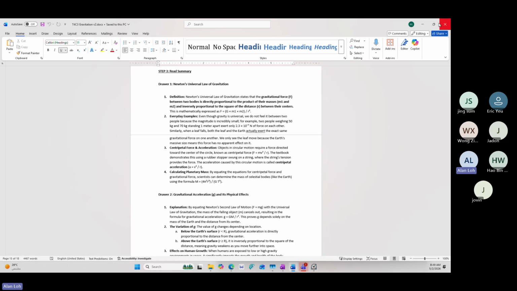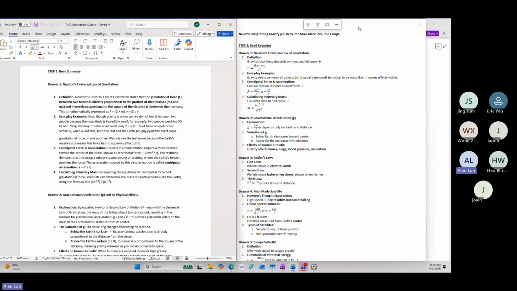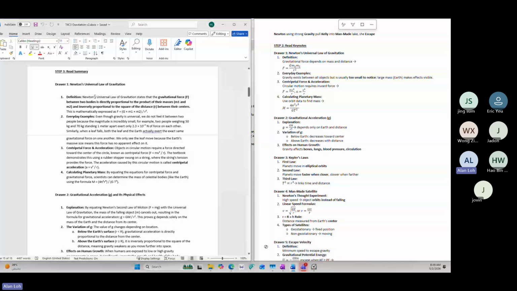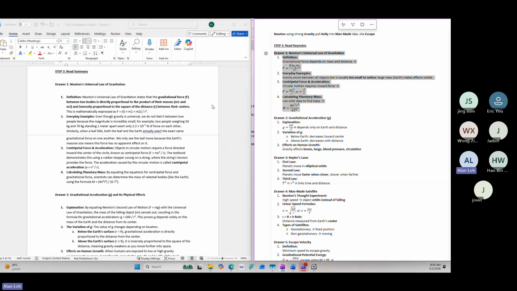So how am I going to adjust this? I'm going to adjust it into a left and right document. Whenever you read step 3, use step 2 as a reference, because if you realize, it is designed in a way that is similar to step 2. There are 1, 2, 3, 4 points, and also 1, 2, 3, 4 points over here. The only difference is that step 3 is more elaborated. So I want you to have this intention.